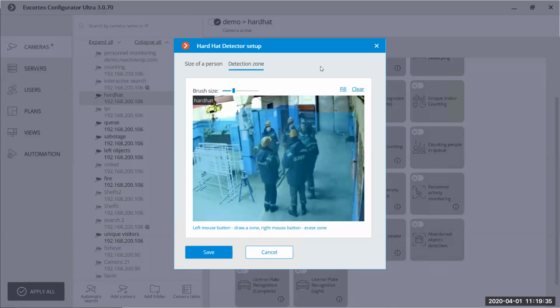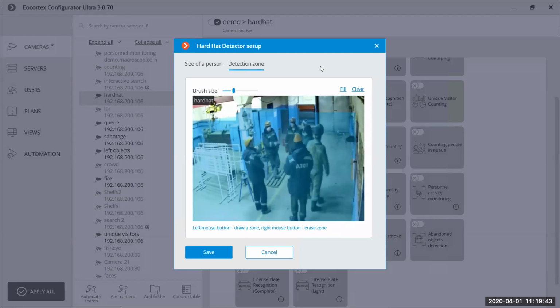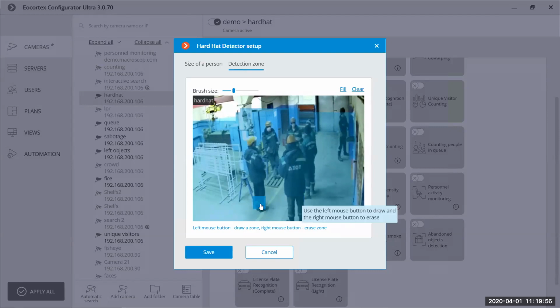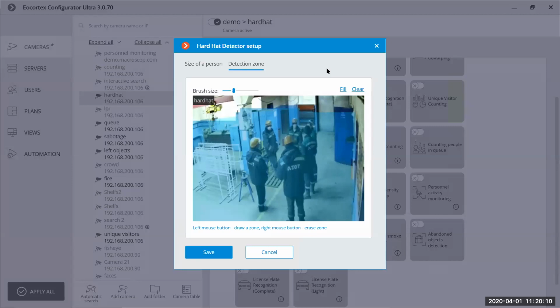As for image quality, it's really important to have a sharp, contrasty image with constant lighting. It's also important not to have a very wide-angle camera, because if the person's position in the frame is angled, the accuracy will be lower than with a regular angle of the lens.